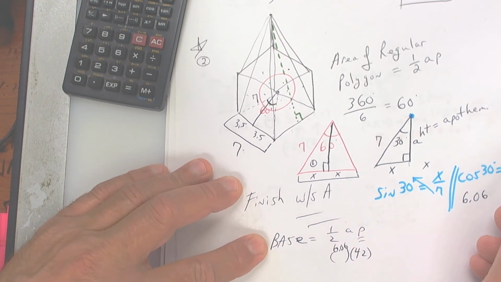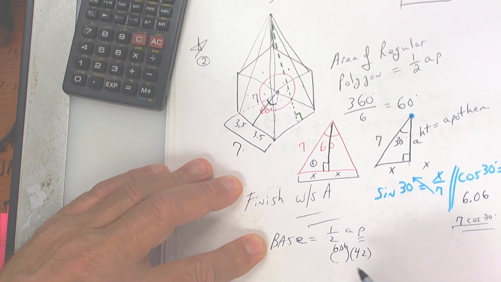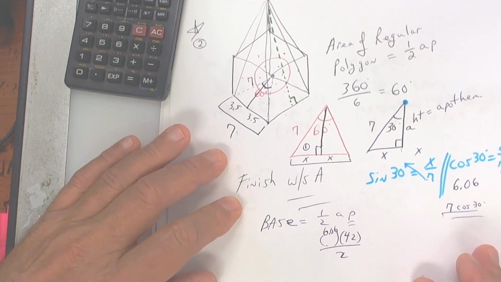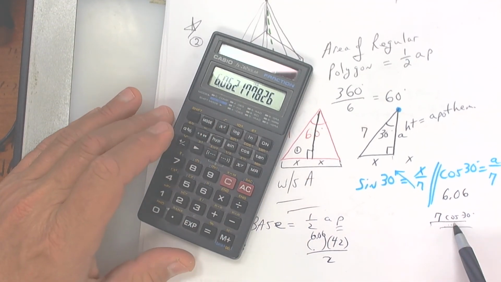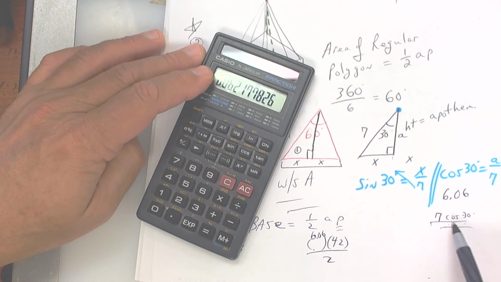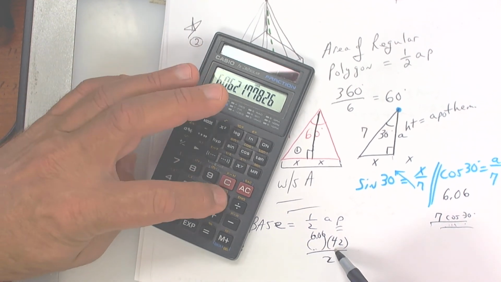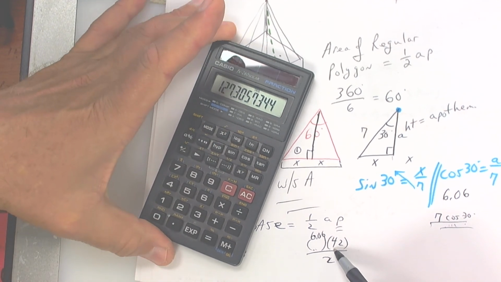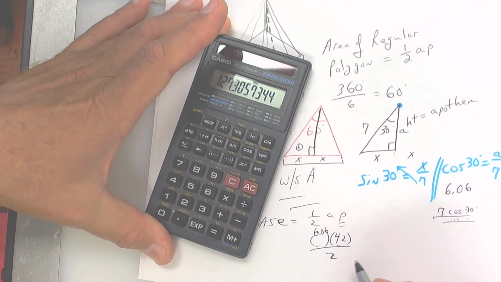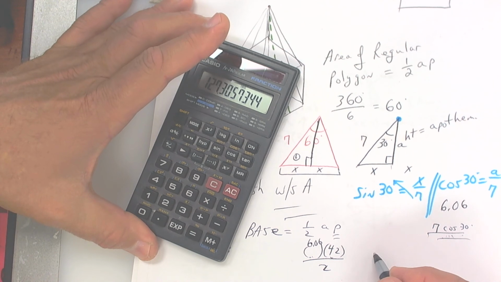If you want to be accurate, you would use 7 cosine of 30. That's accurate. Okay, but I'm going to use 6.06 divided by 2. And actually, you know what? I'm not. I'm going to use this. So I got it on my calculator right there, times 42. Press equals, divide by 2, and I get 127.3. So the area of the base is